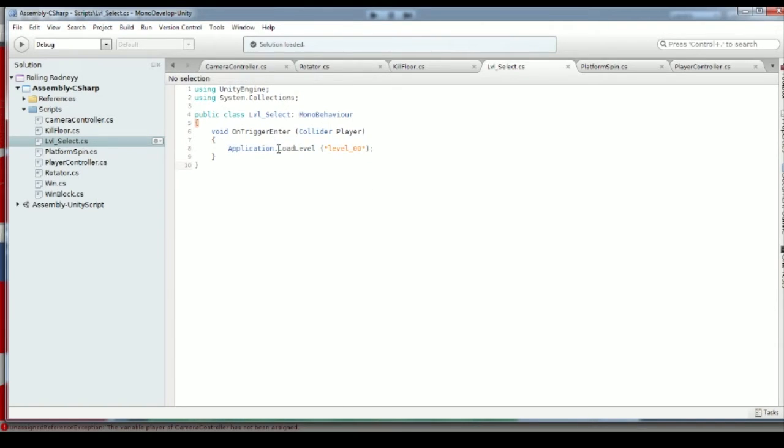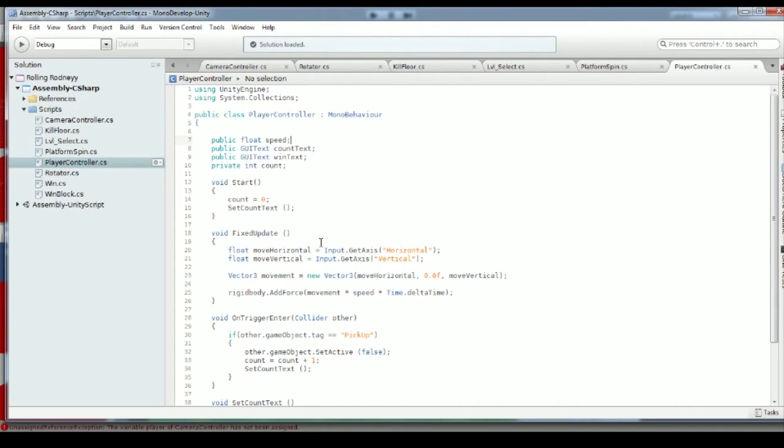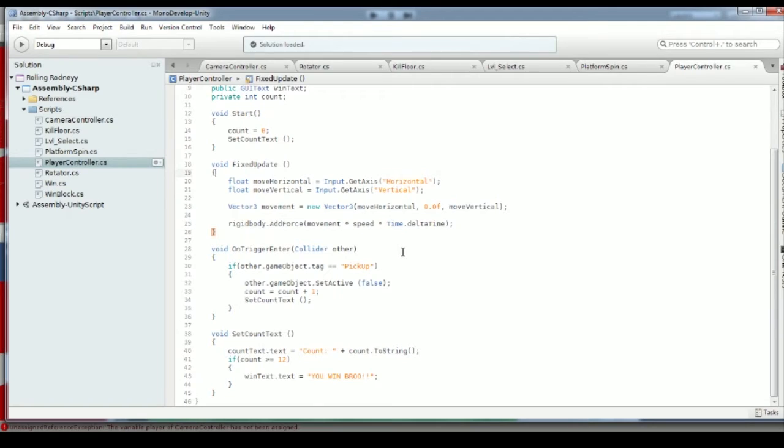So it loaded level 00. The platform spinning sequence, which is basically the rotator, only I changed a few things. This is the most complicated one right here, but this is the player controller. This is the one that I put on things that you are able to control. Like I said, there's a whole lot of things that I don't really remember, but this right here